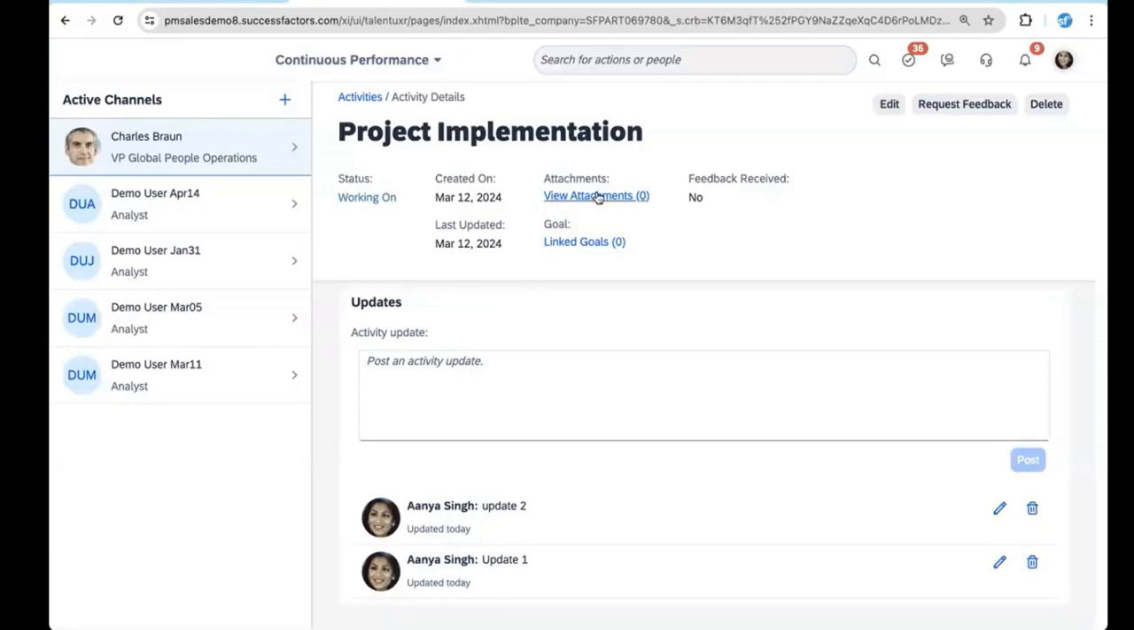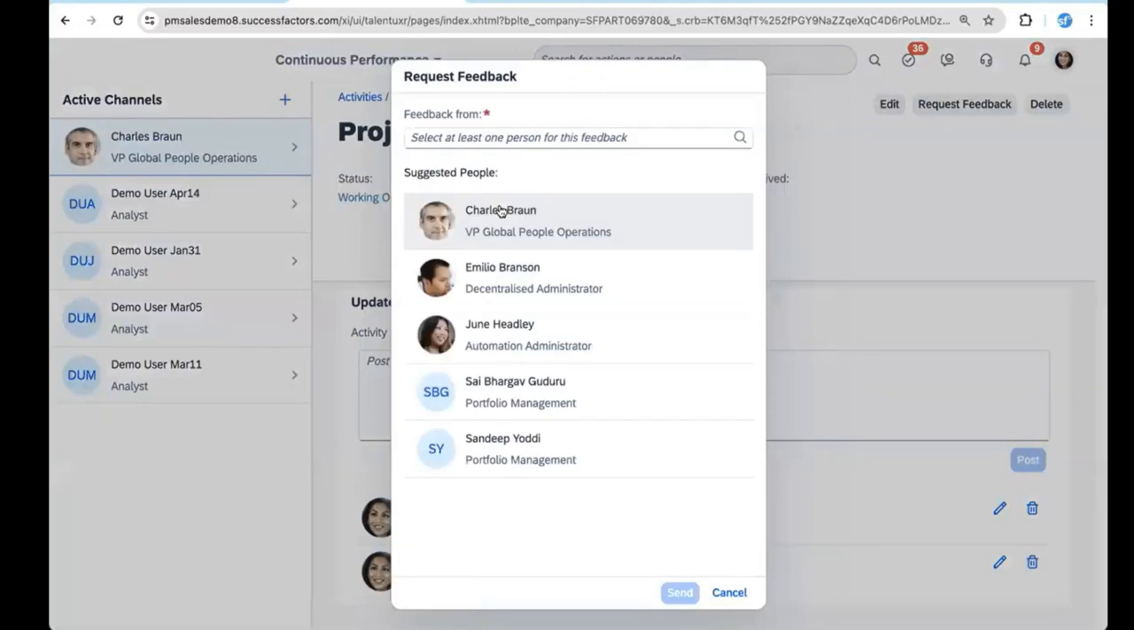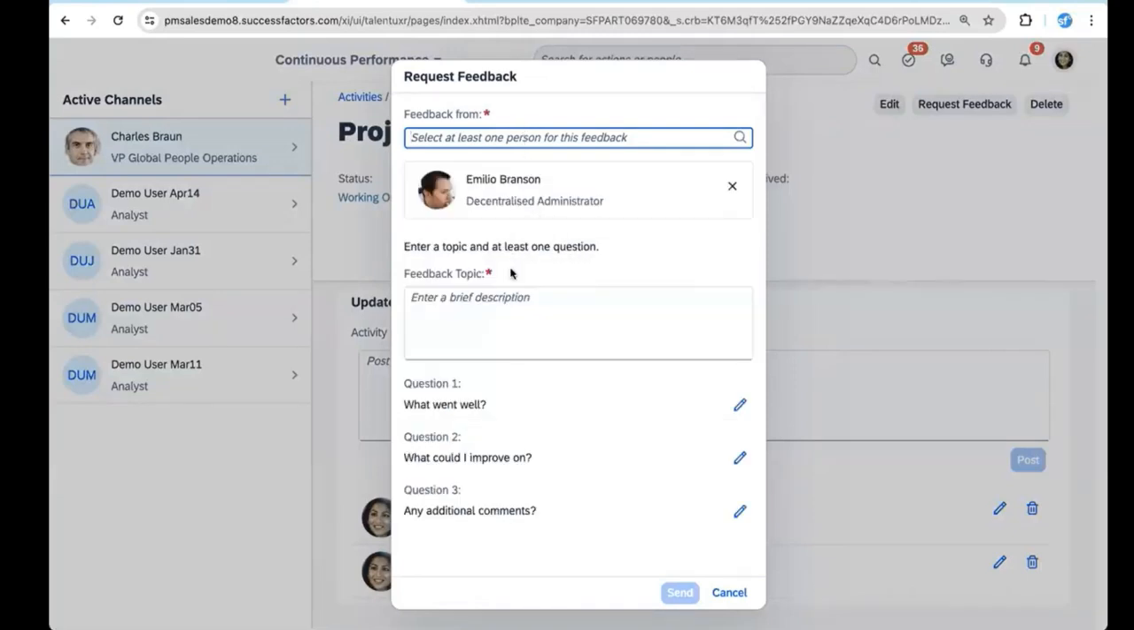And on this particular activity that you're working on, if you want to request feedback from people on what they think about the way we are working on it, you can click on request feedback. You can choose from whom you want to take feedback. The system will suggest some people in your hierarchy level. Apart from that, if you want to select any other person, you can search for them. From whichever person you want feedback, you can select their name. On what topic you want feedback, you can give the topic, and on that you can also